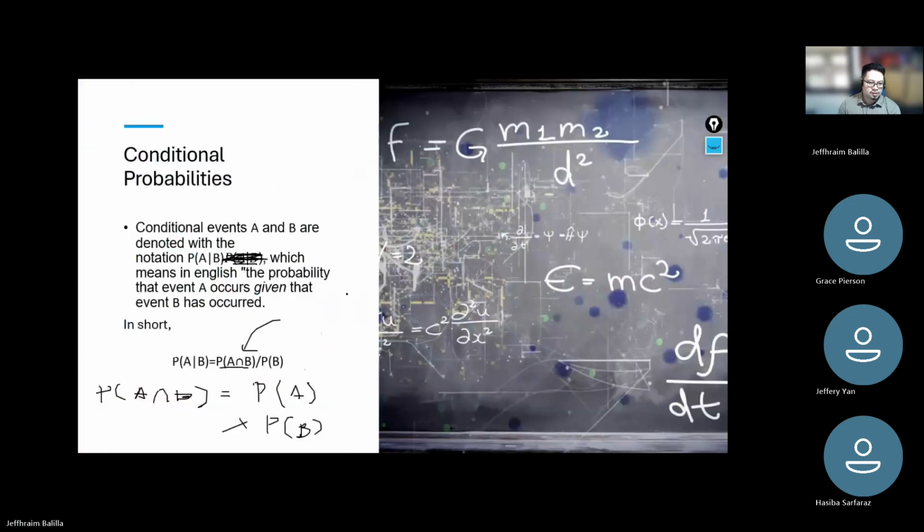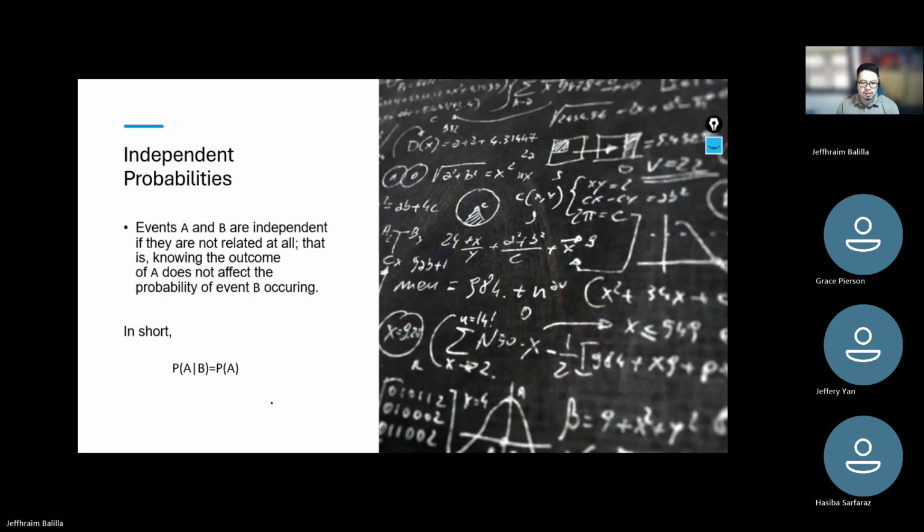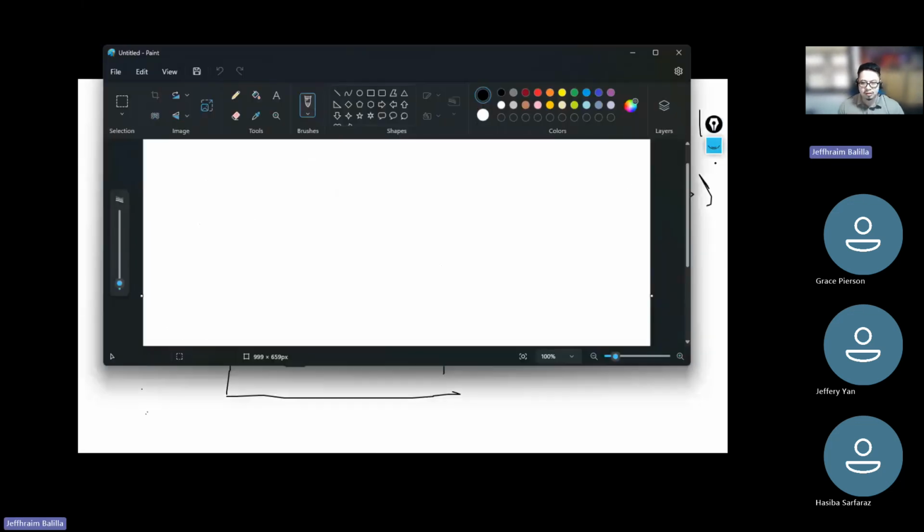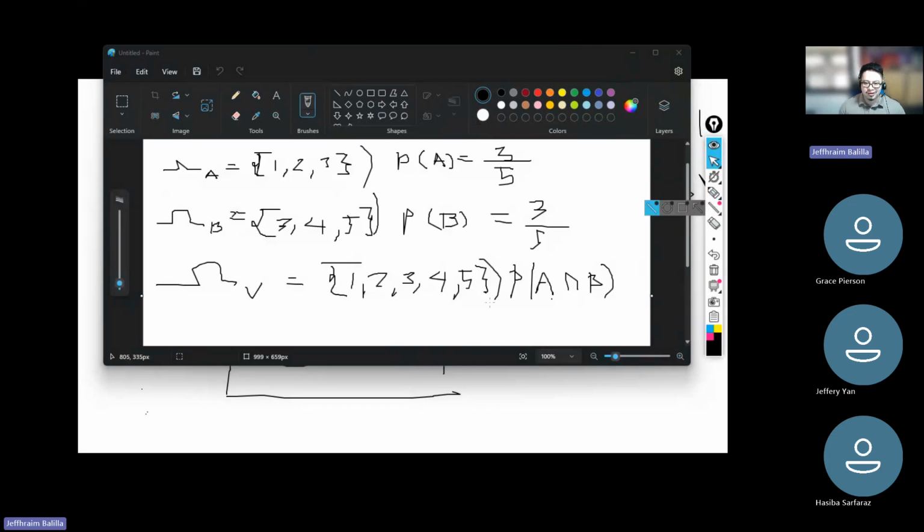Where is it? Yeah, there we go. So we defined A intersection B as just the product of A and B. And what do you think would be the product of that? If we go back to our computation earlier, if P of A intersection B is just the product of the individual marginal probabilities, then it is